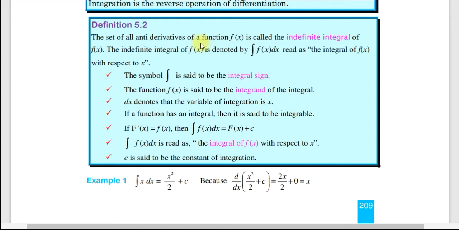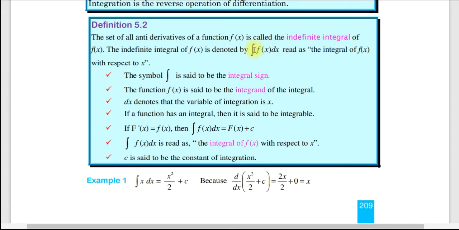integral of f of x ይባላል። The set of all antiderivatives of a function f of x is called indefinite integral of f of x. The indefinite integral of f of x is denoted by the integral of f of x dx, which is read as the integral of f of x with respect to x ተብሎ፣ or the integral of f of x dx ማለት እንችላለን፣ ወይም the integral of f of x with respect to x ብለን ማንበብ እንችላለን ማለት። ስለዚህ indefinite የምንለው ነገር እዚህ ላይ ሬንጅ